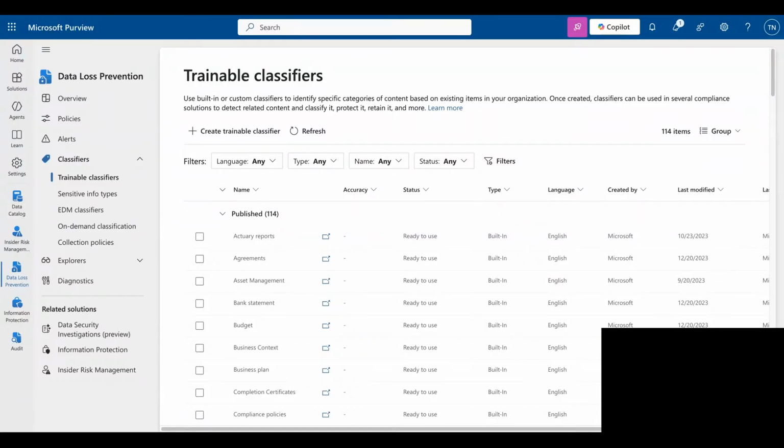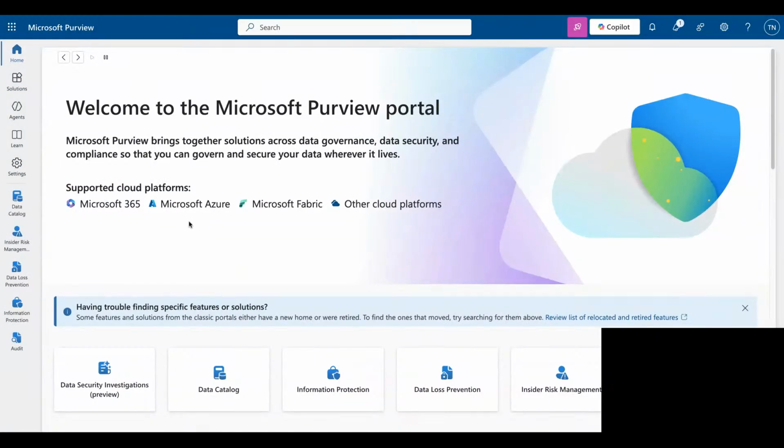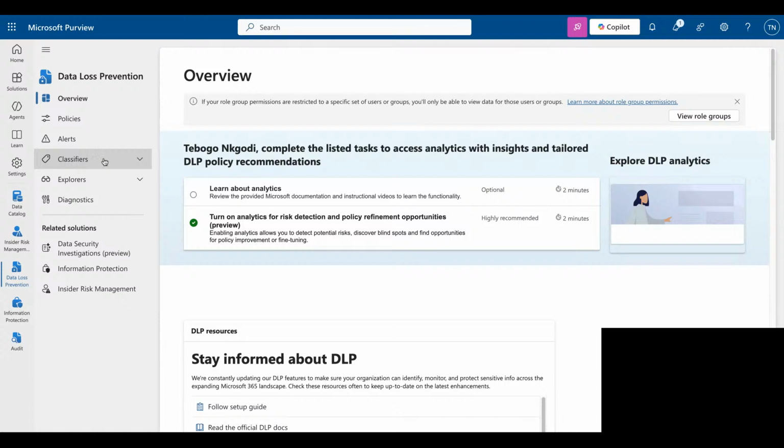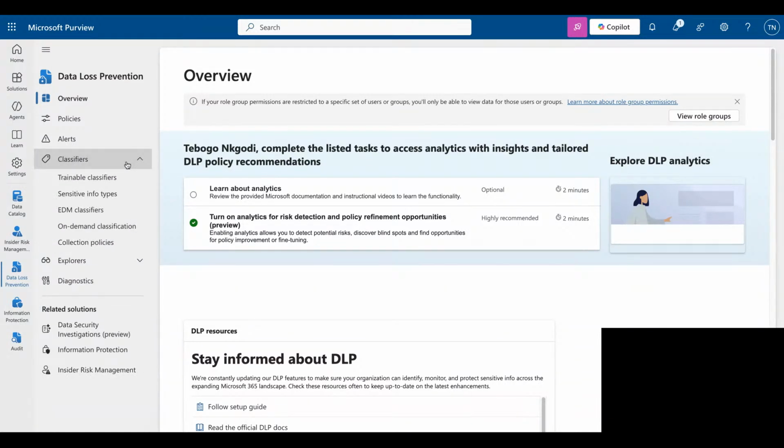Okay, let's proceed. Now I am on this screen here. Let me refresh and go back to the home screen. So I'm going to come here. I will go to data loss prevention. Then I'm going to come here, classifiers. So these are the tools that we use for identifying sensitive data. For now, I'm going to focus on this one, sensitive information type,